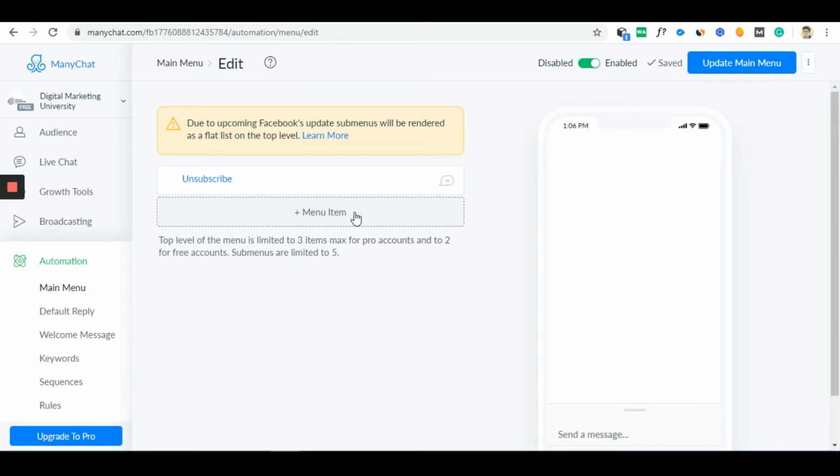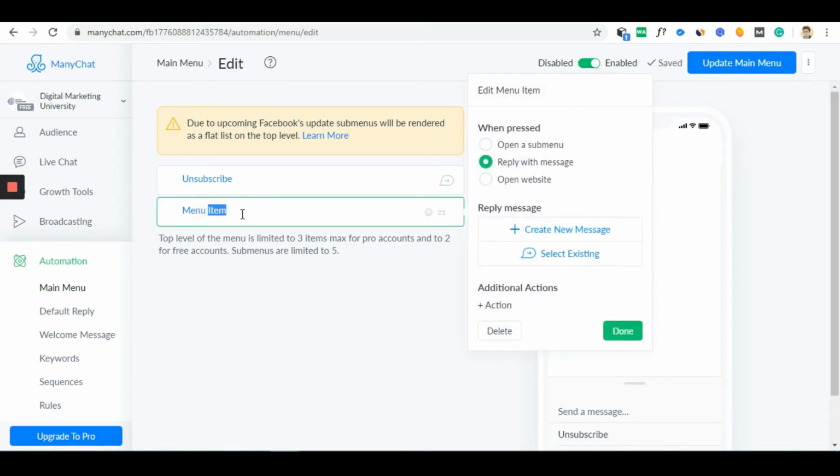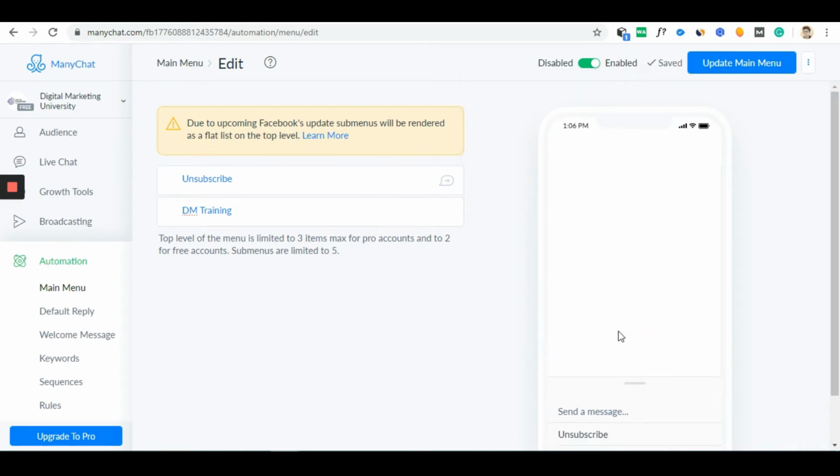I'll click on plus menu item over here. Once you click on here, you'll have a new section called main menu item. So double click on it and name it. I'll name it DM training. So this is my menu item, and I'll click on done. So my menu item is done.